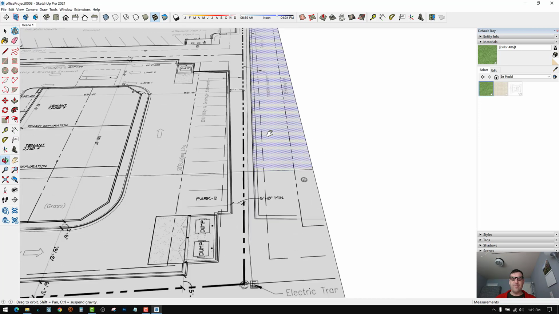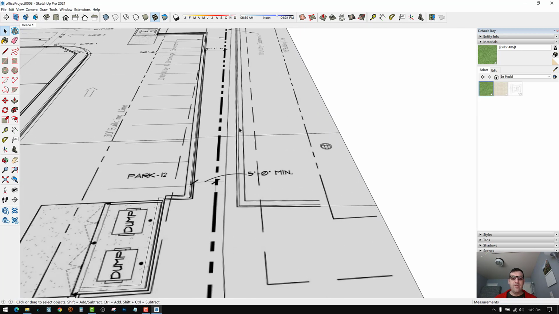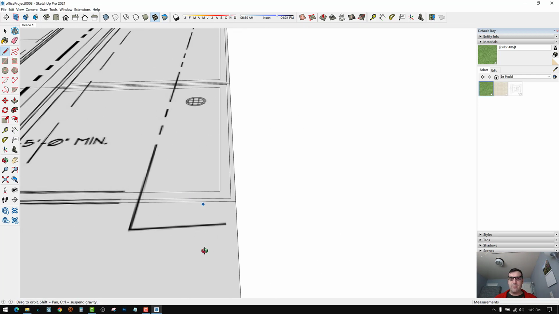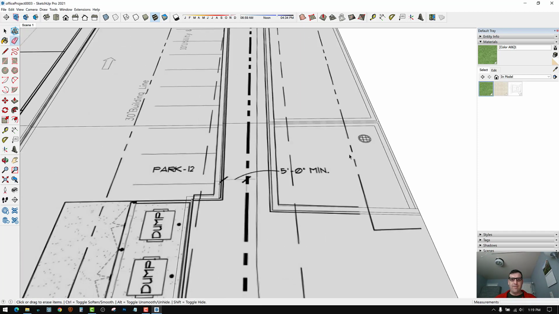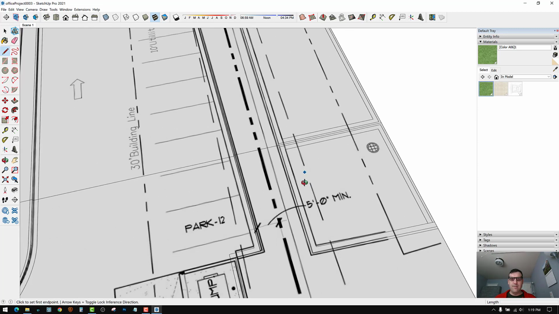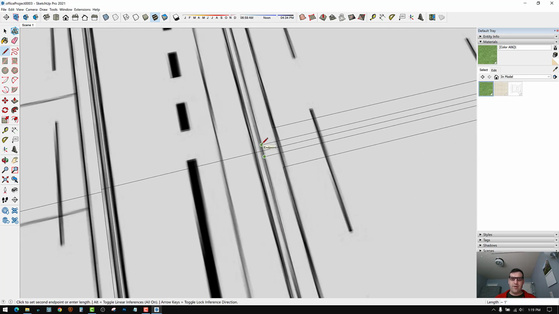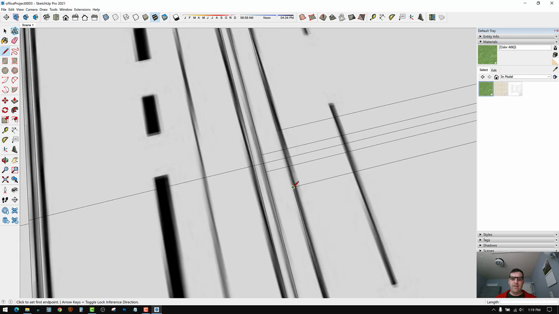But I don't want to lose this information, so I'm just going to do what we did before, use the offset tool, 6, then do 14 for the storm drain. Just really quickly draw out this piece of the parking lot. This is some kind of existing parking lot over here,